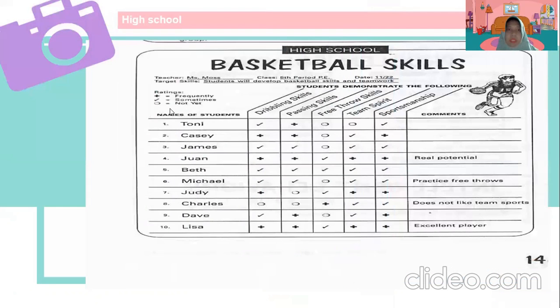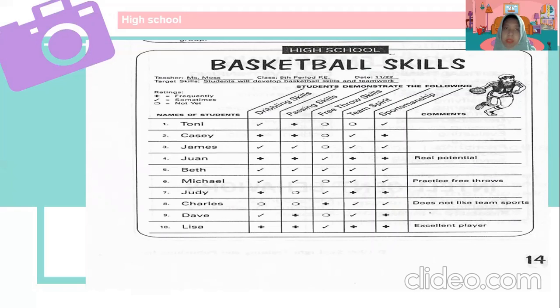Next, the third example of the observation checklist. As you can see on the screen, this observation checklist is used in PE class, physical exercise, and can be used in high school. The name of this teacher is Mr. Moss, the class is for 5th period of PE, and the date is 22 of November.